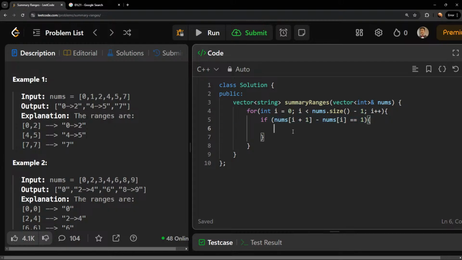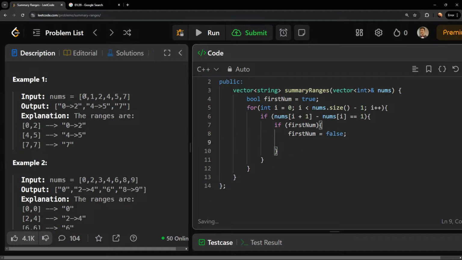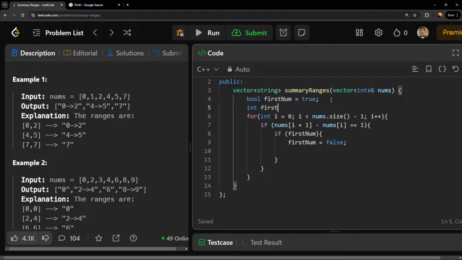So I think we want to store the first number. And then first num is equal to false. And then we want to store this num. And then if that is not true,